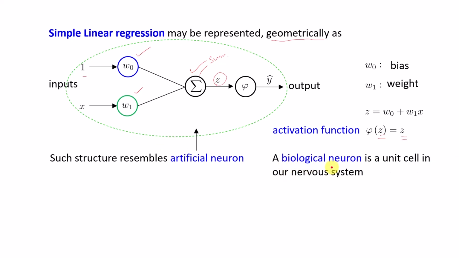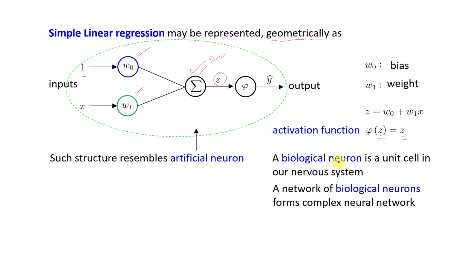A biological neuron is a unit cell in our nervous system. These are nerve cells, biological neurons. And all these unit cells, when they come together, make the complex neural network through which we sense different stimuli. Here also, one single biological neuron can do very simple tasks, but the entire network can perform absolutely complex